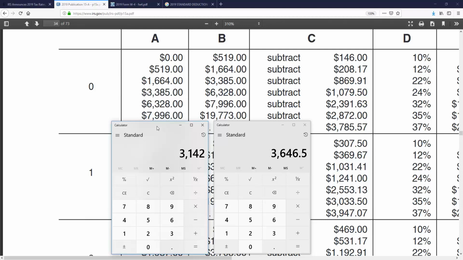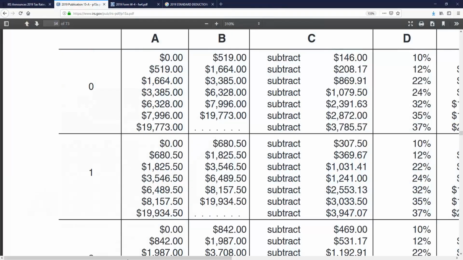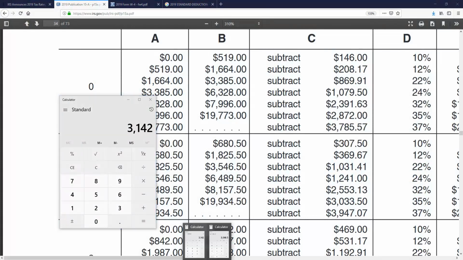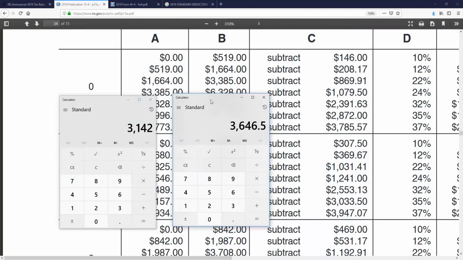So remember, over here, we've calculated using our tax brackets. You only owe $3,142 for the year. But if you put single and one, your withholding is going to be $3,646 for the year. And that's going to get you a refund of $504. Whoopee, everybody's happy, right? Well, my question to all my clients is, do you overpay your light bill?